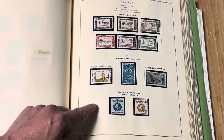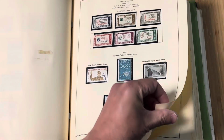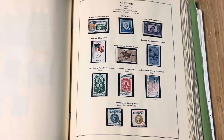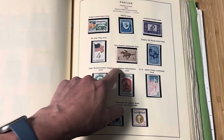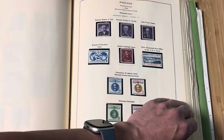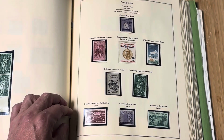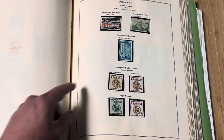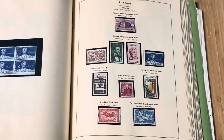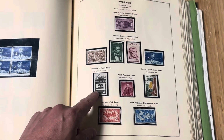Rotary, Boy Scouts, Jubilee, Winter Games, 1960 Winter Games. That's kind of neat. I don't remember where they played in 1960. I wonder if it was in the US. That's why they made the stamp. The Pony Express. So at this point, my father probably would have been close to a teenager, so I'm guessing this gets into his collection, which is why there's so many during this time. It's a pretty complete collection, to be honest, given the number of pages he's got completely filled up here. Freedom of the Press,